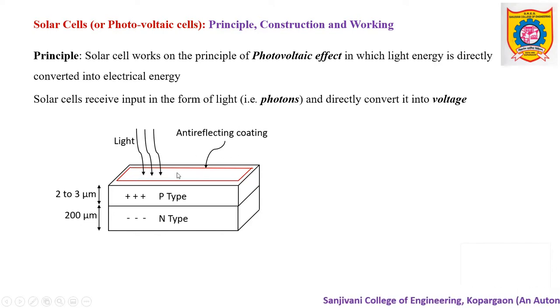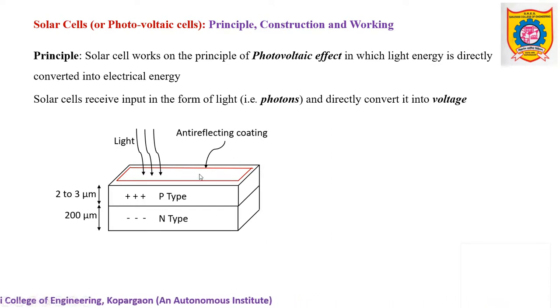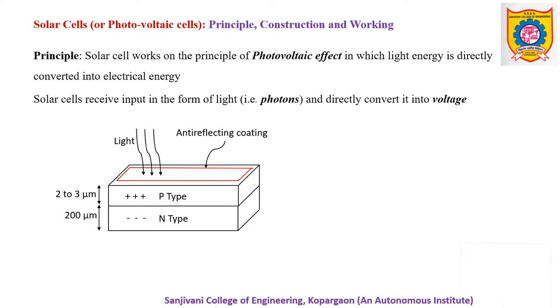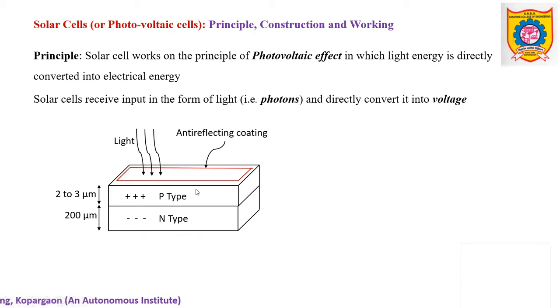This solar cell consists of a layer of anti-reflecting material over it. In one of the chapters, in interference, we have seen the mechanism of these anti-reflecting thin film coatings. The basic purpose of this coating is to enhance the transmittivity of the solar cell. That means when light falls over it, the light will enter the solar cell with more and more intensity, and that is possible with the help of the anti-reflection coating.